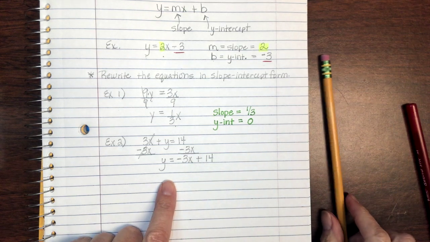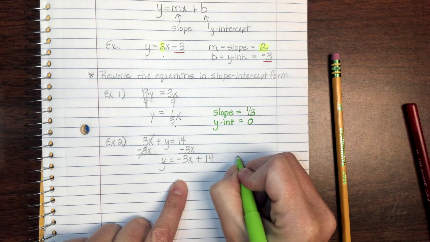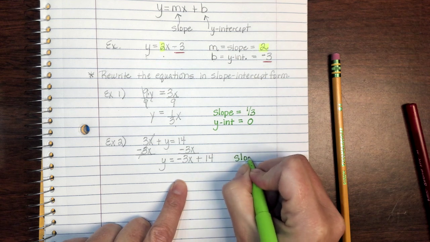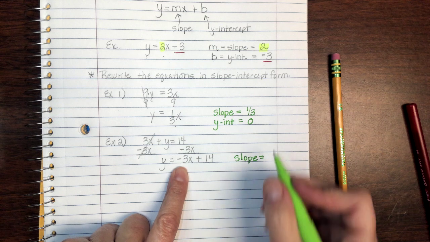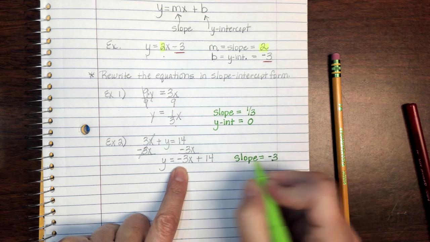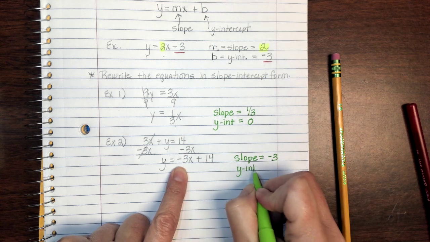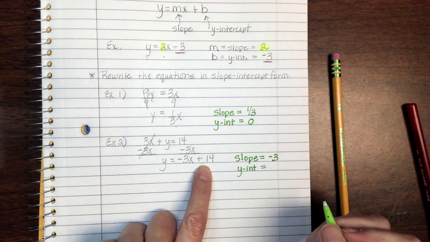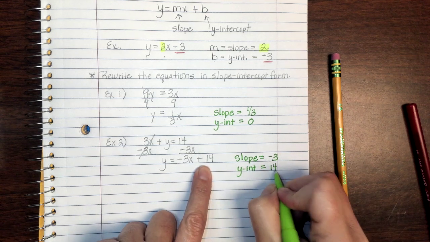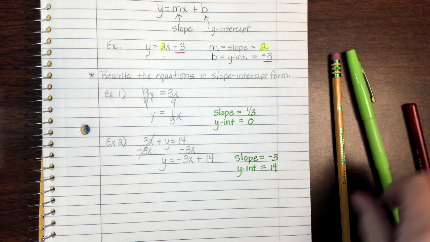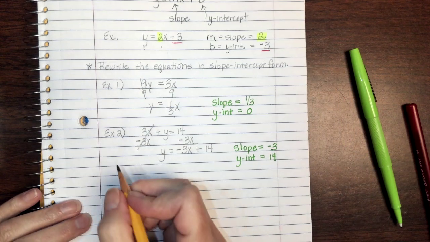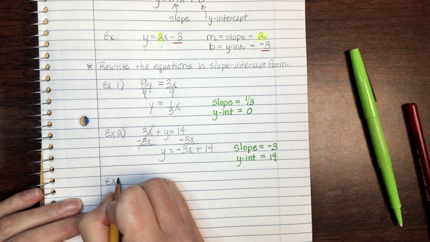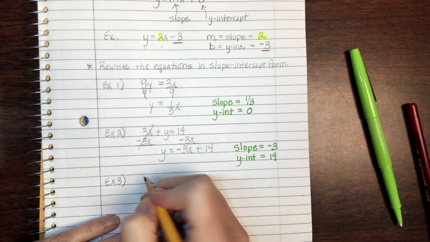Now this equation is in slope-intercept form. So if I want to name my slope, it would be the number in front of x, which is negative 3. My y-intercept would be the constant or the number on the end, which is a positive 14. And that's all you do for that one. Let's do one more example, and then I'm going to let you practice some by yourself. So for a final example,